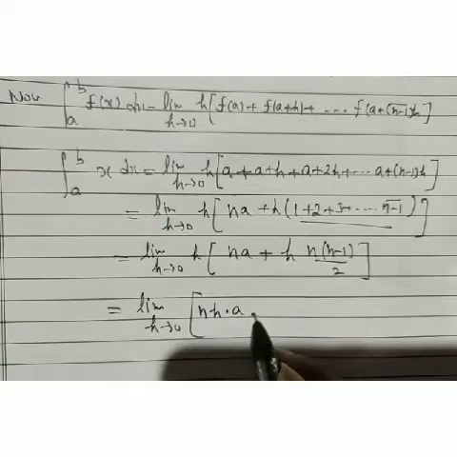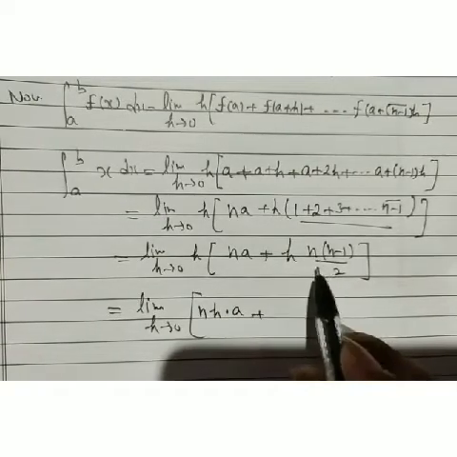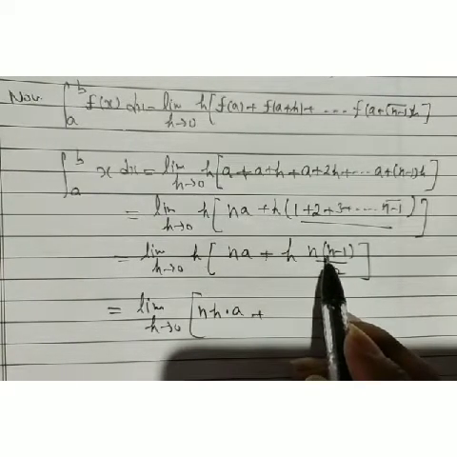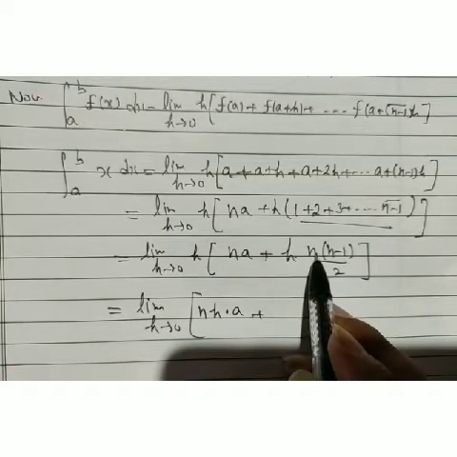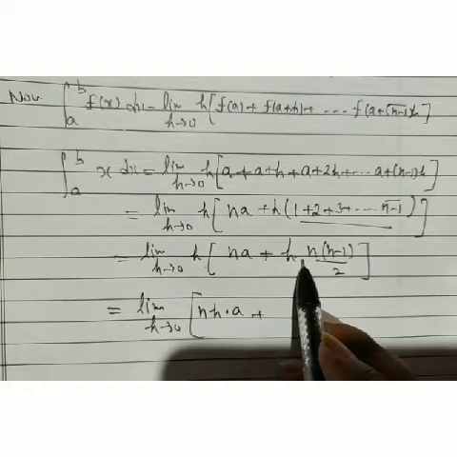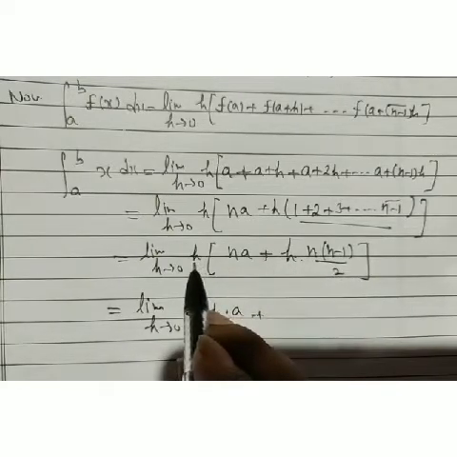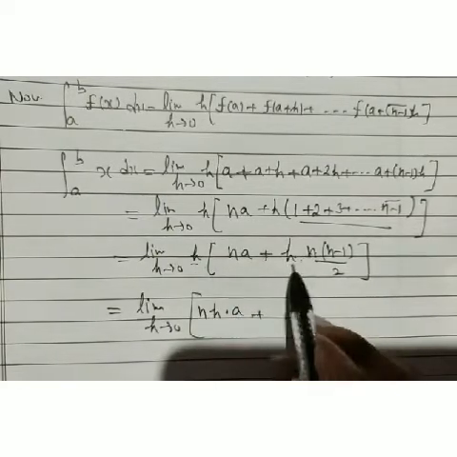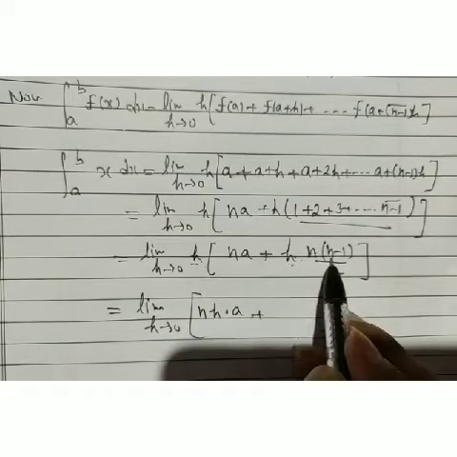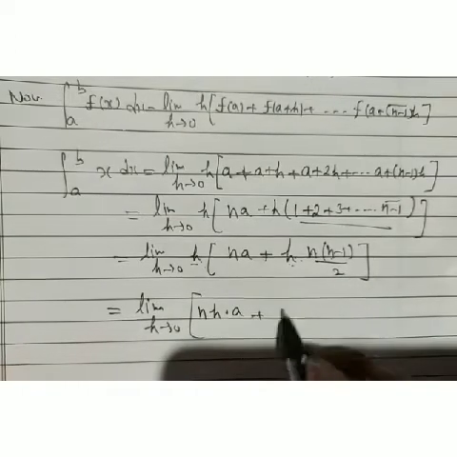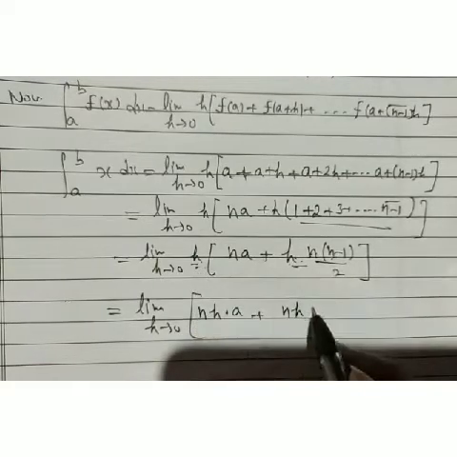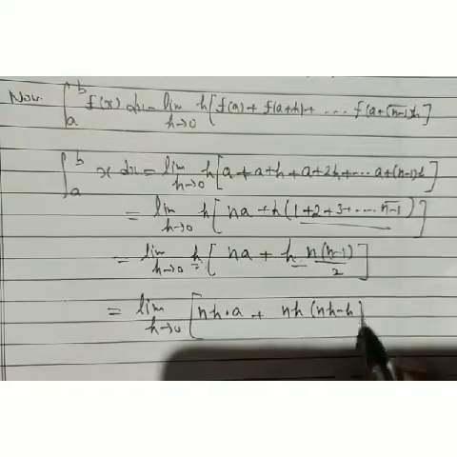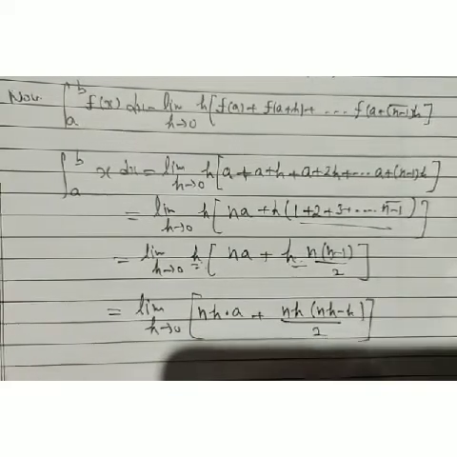into a plus what we take? We take h into this nh. We take this h with this nh, and one of the h is multiplied with this h. We take one nh there, and this h is by nh minus h. Then we have nh, and by this h we have nh minus h divided by 2.